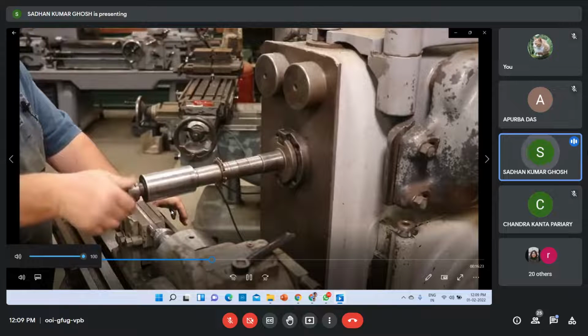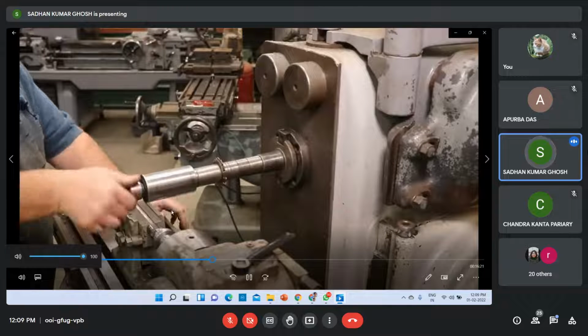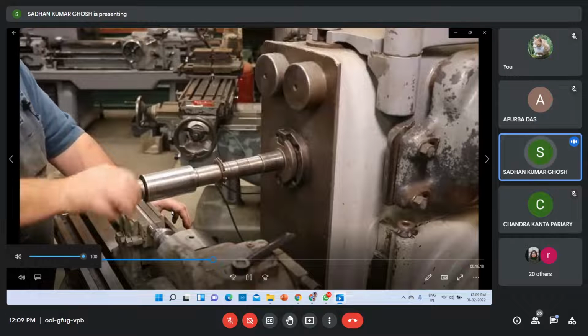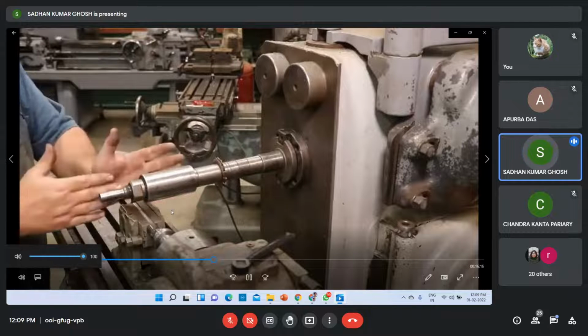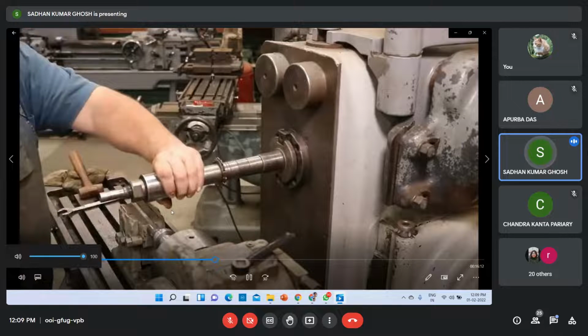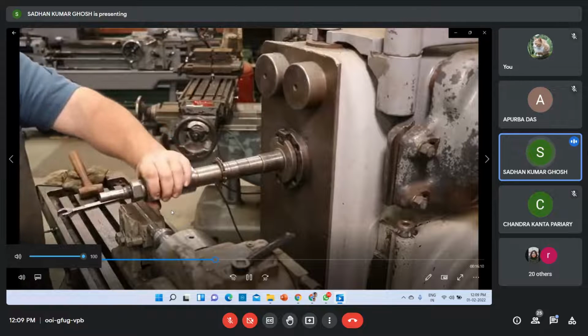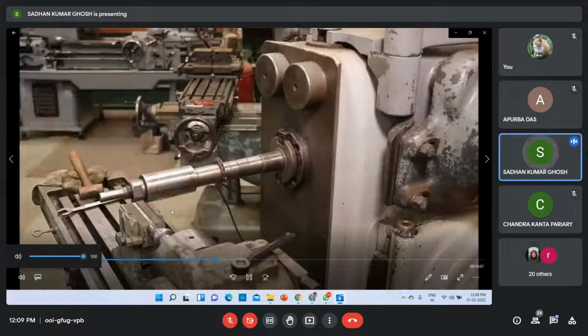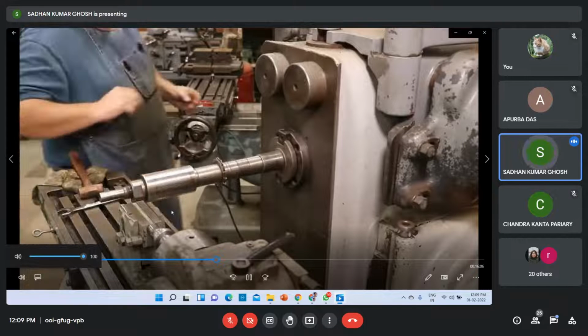Now, I'm not going to tighten this until I get my overarm support in there, because if I try to tighten it right now, I got a long lever coming out here and it can bend this shaft one way or the other. We can put the overarm support on there, and then that'll be supporting it, and I can tighten it up. So let me run my overarms out.